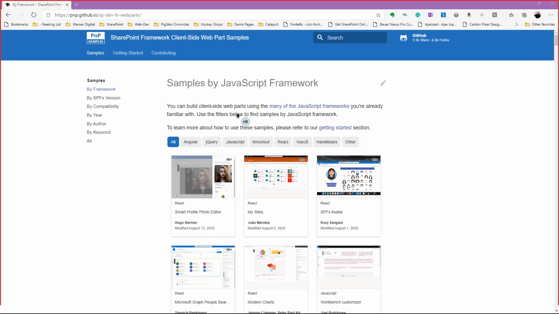There's a lot of web parts that are created by members of the community like you and I and David. Some of these web parts are very simple. Some other web parts are actually quite complicated and very exciting when you look at the code. And what it'll do is it'll give you this sample browser that allows you to find things by version of the framework if you want to deal with something like React or handlebars, by the SharePoint Framework version,